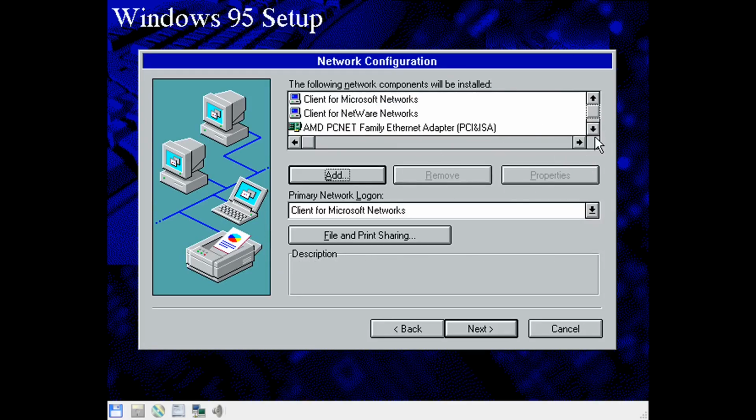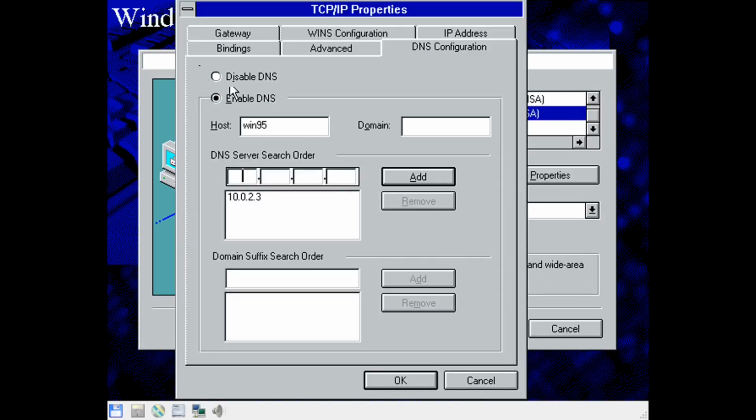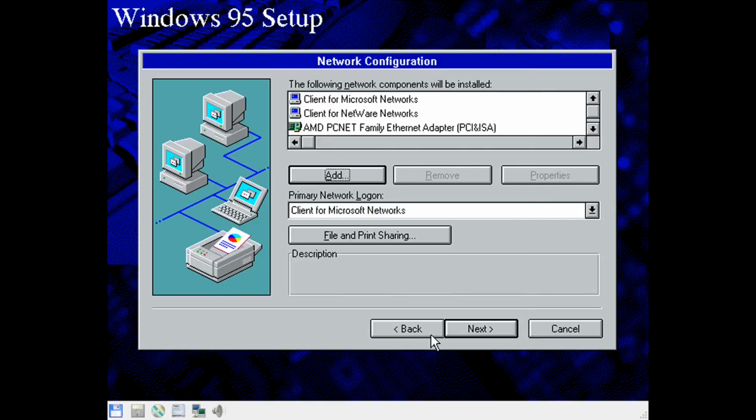Okay, so now we're gonna scroll down to here, dial-up adapter. Actually, no, I mean TCP/IP. Alright, so I just added some stuff. Now,